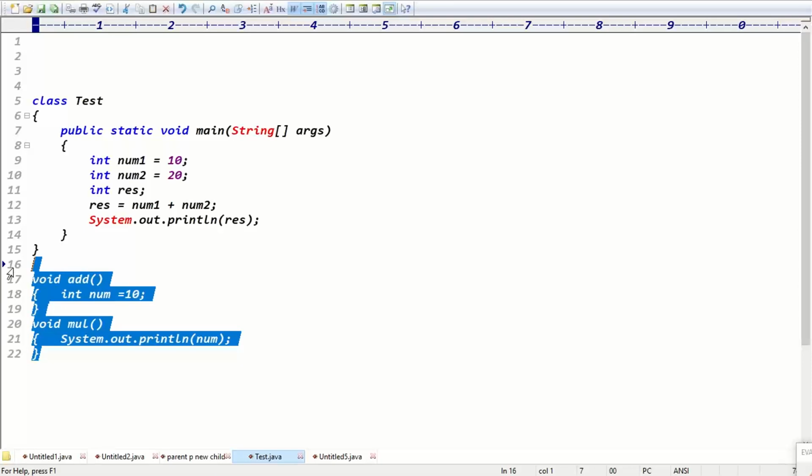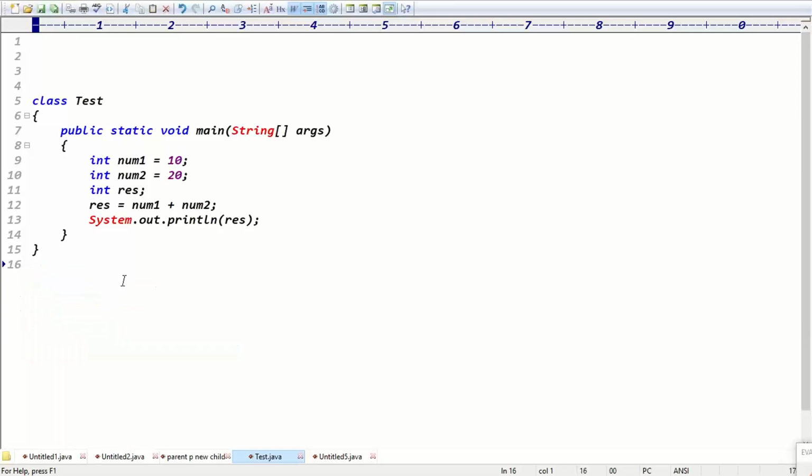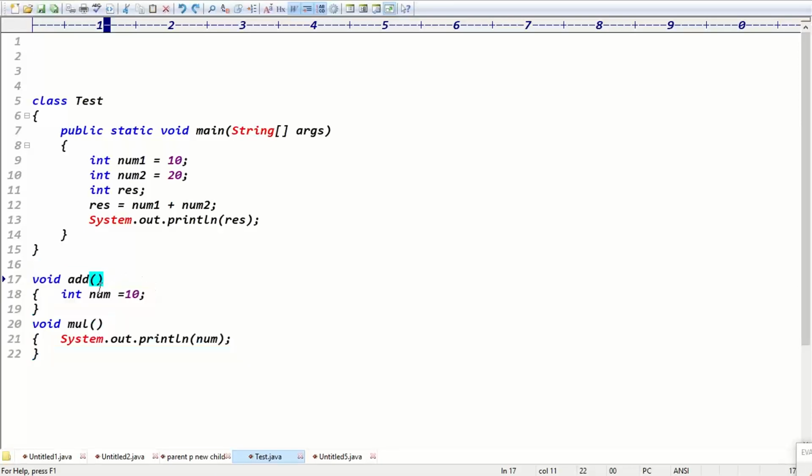And coming to the third point, when is local variable memory allocated? I declared it inside the method, so when you call that particular method, the local variable memory is allocated. When the method is completed, the local variable memory is destroyed, guys.